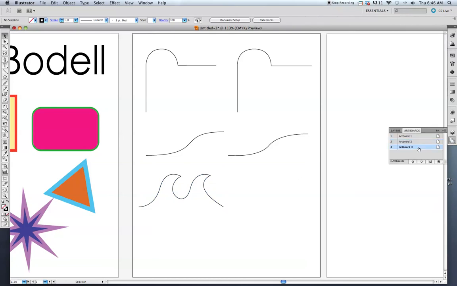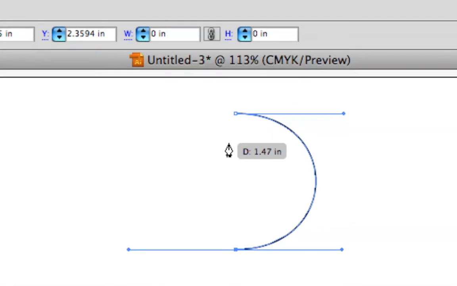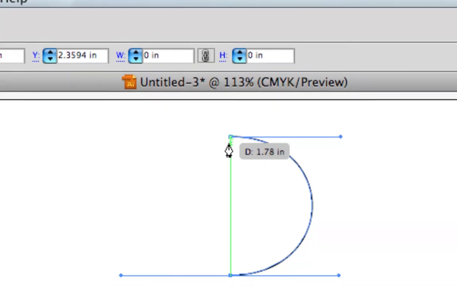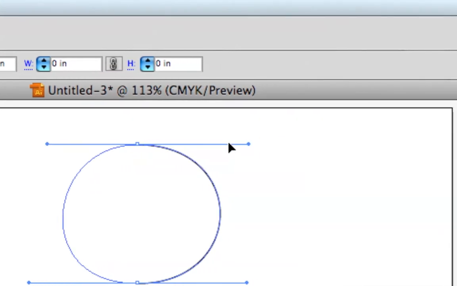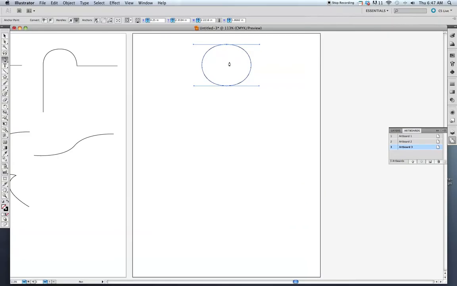Now, go to the third artboard here, and we're going to draw closed shapes. And the closed shapes are done like this, using the pen tool again. First shape is going to be a circle. And to close a shape, watch the cursor. As soon as I get in that anchor point, that little closed shape pops up there next to the cursor. I can click, drag that out, and now I have a closed shape